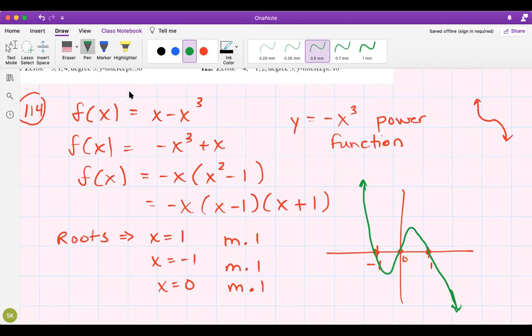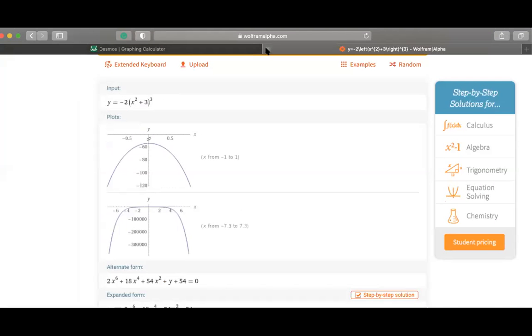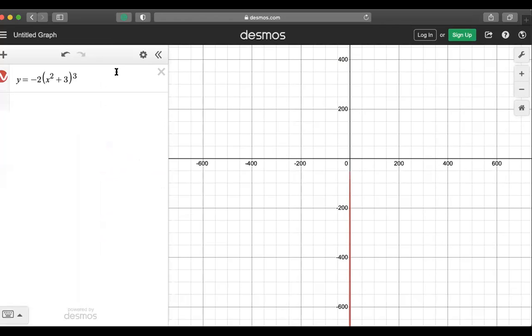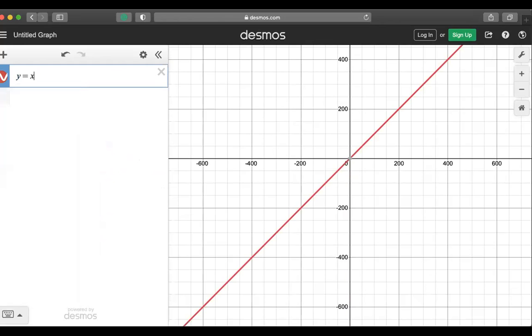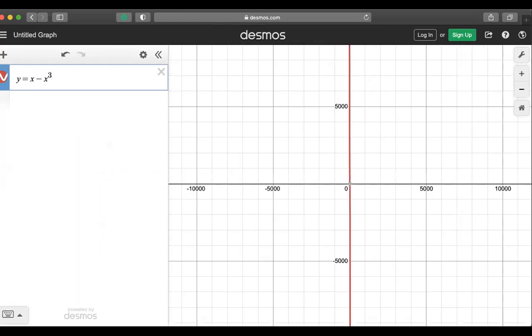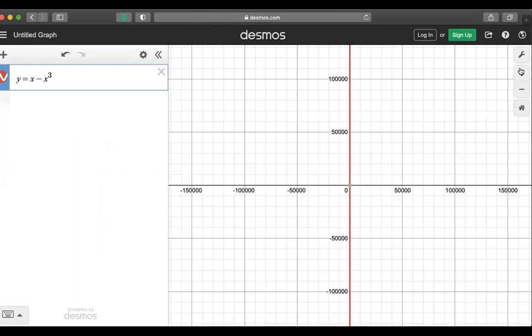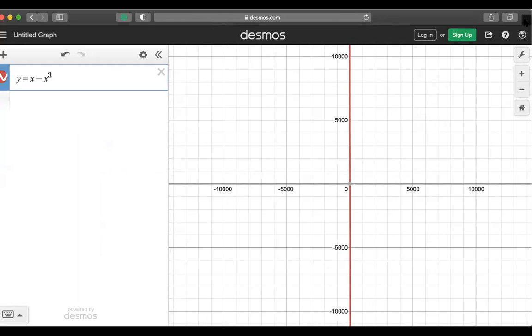x minus x cubed. So let's go here. Make sure you can see my screen. Okay, let me zoom out. Okay, this is hard to see on this one. So let me move over to